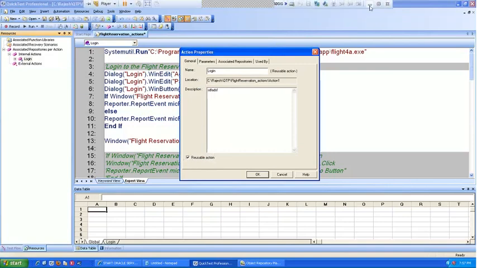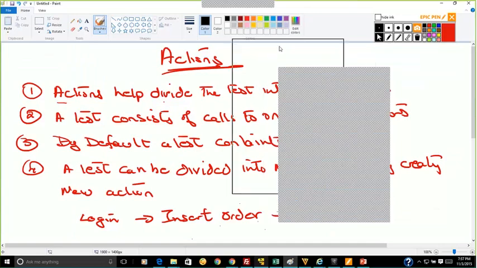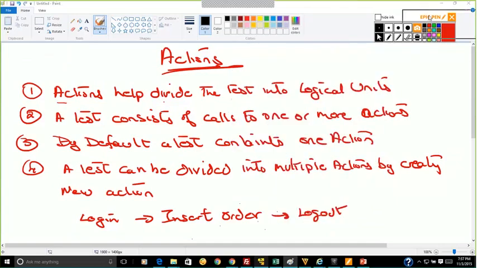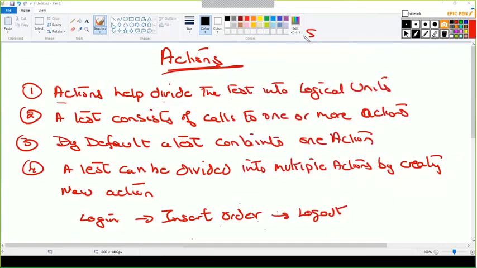Like our object repository, we can also create shared actions. Instead of functions, I will directly create shared actions.